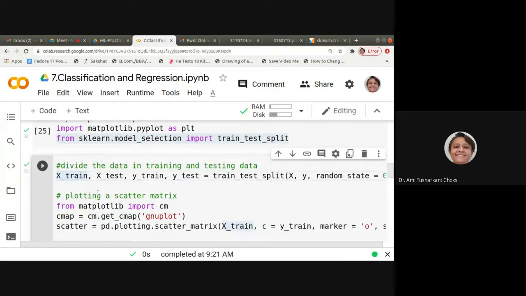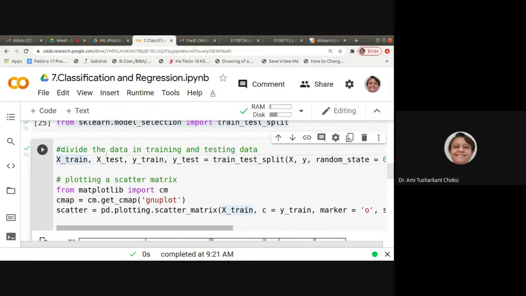Now we are dividing the original data set into training and testing data sets. With the help of train_test_split, we are giving x and y as parameters. X is capital, y is small. This is the typical way people use it. And random state is 0, from the initial, we want to start. So this is what we want to do.